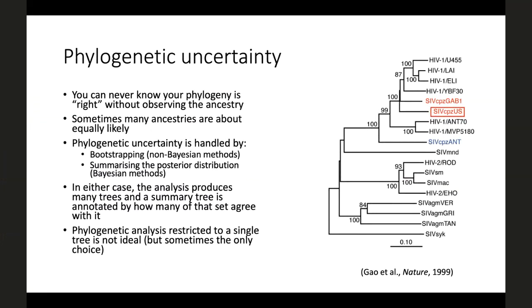In fact, there'd be no reason to, but then you wouldn't need to build the tree. And sometimes the data makes many separate ancestries about equally likely. And so there needs to be some way, ideally, to quantify the uncertainty surrounding the reconstruction. It's handled normally by one of two